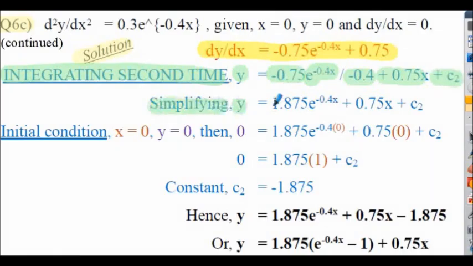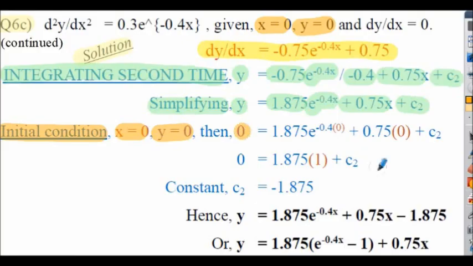Simplifying, y is equal to 1.875 multiplied by e to the negative 0.4x. The rest of the equation is the same as the previous line. Then imposing the initial condition given, this time when x is equal to 0, y is equal to 0. So on the left hand side we have 0, and replace the x on the right hand side with 0. So again, notice that e to the 0 is 1 here, and we can clearly see rearranging that c2 will